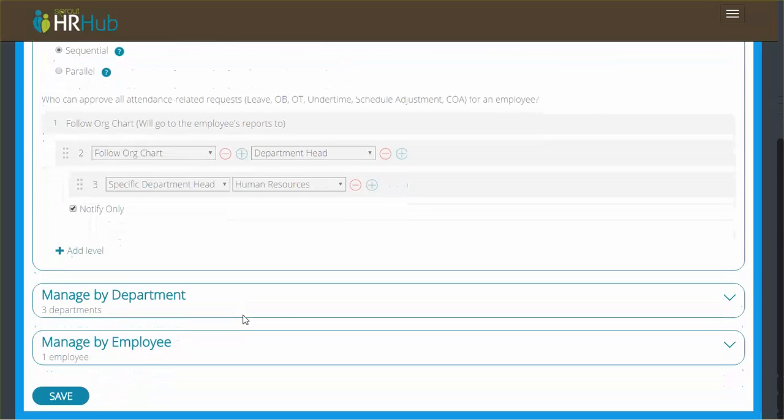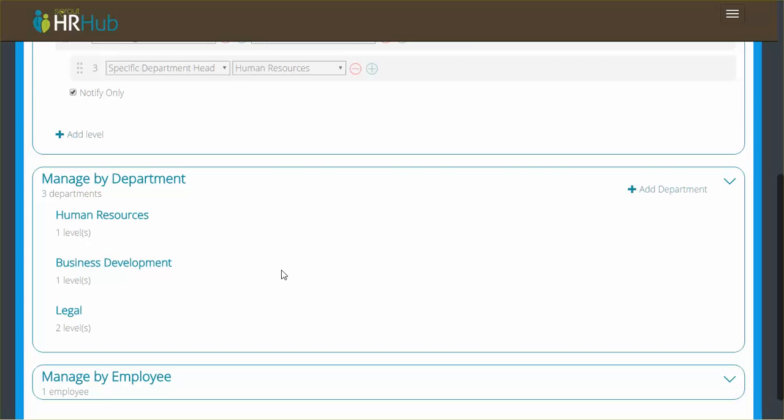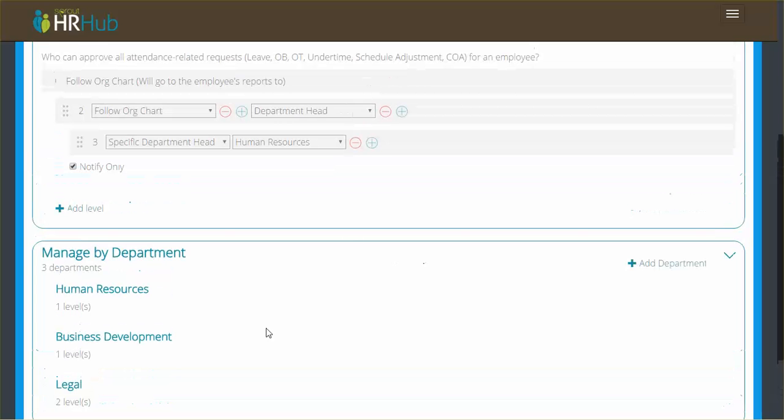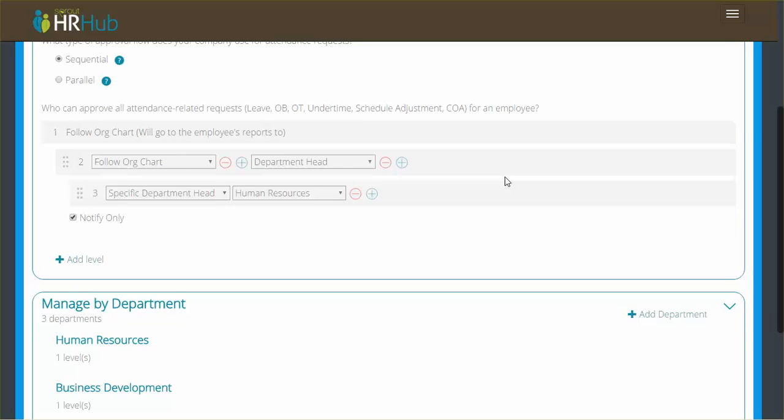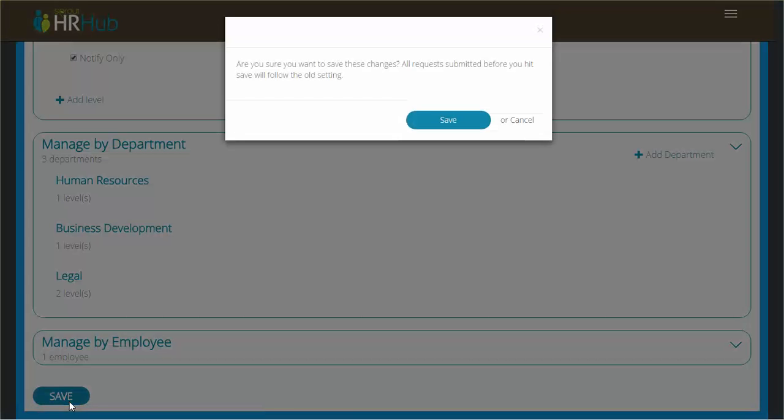Now in this case, however, I might want to do a few exceptions for departments or employees. So for department, let's set up a new approval rule for our IT department. You can see here I've been playing around, so I have a few exceptions by department already. One thing to note, guys, if you're going to leave this page, make sure to save the rule that you've started here. So let's go down here and hit save, and that'll update